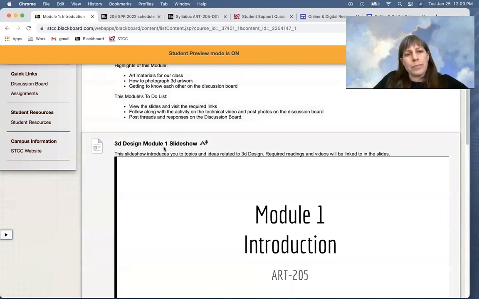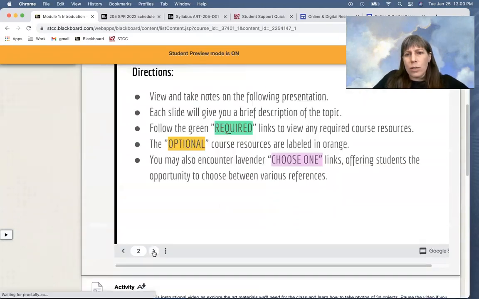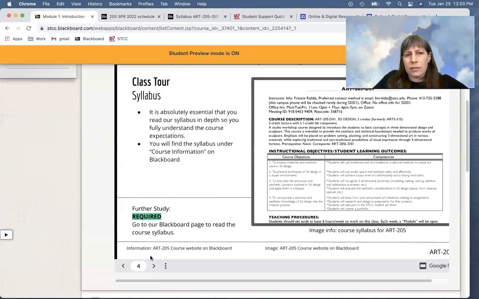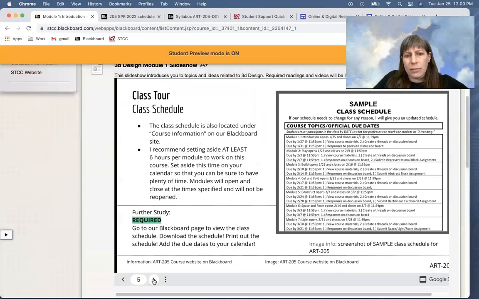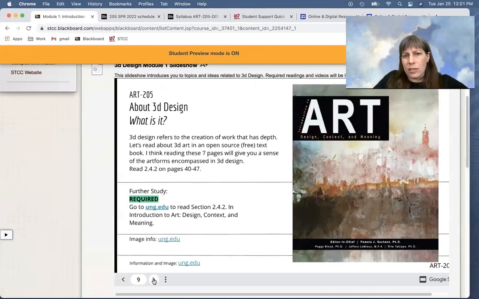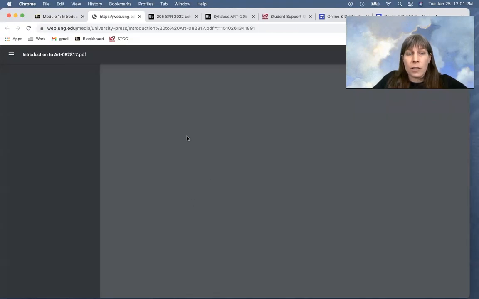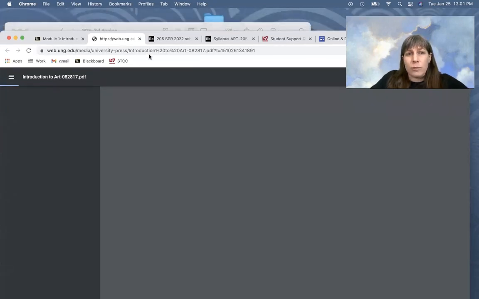So if we go to the slideshow, you can just go right through here, and I advise you to go to the syllabus and give you a sense of things in the course. And then I have some places for you to go. This is an online textbook. It might take a little while to load. Yeah, it's taking a long time to load, but it's a really